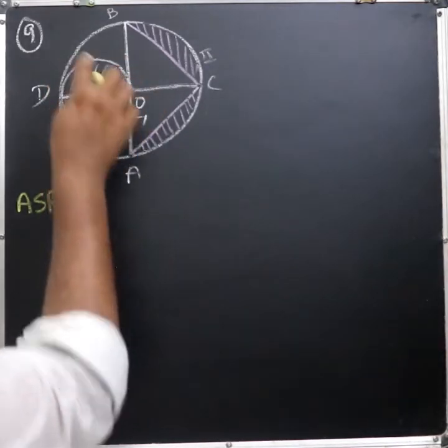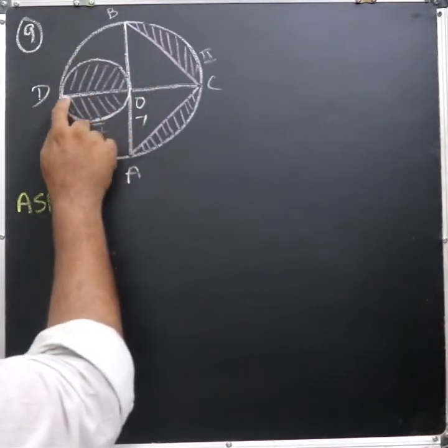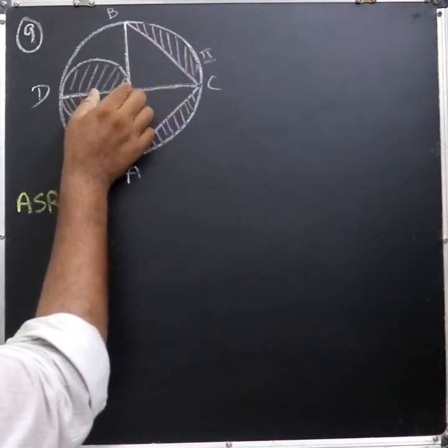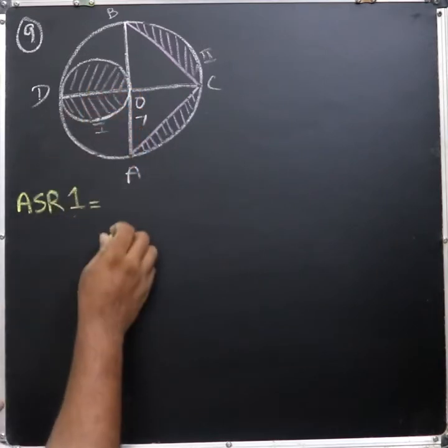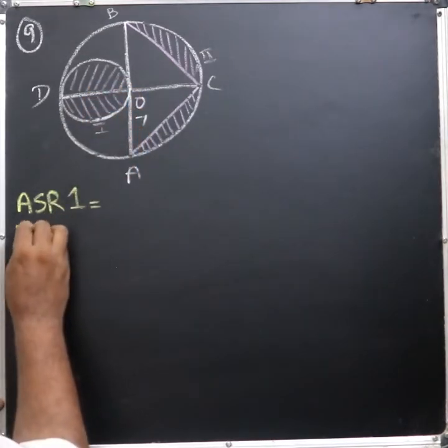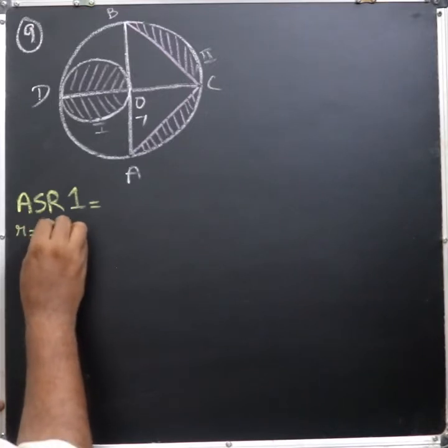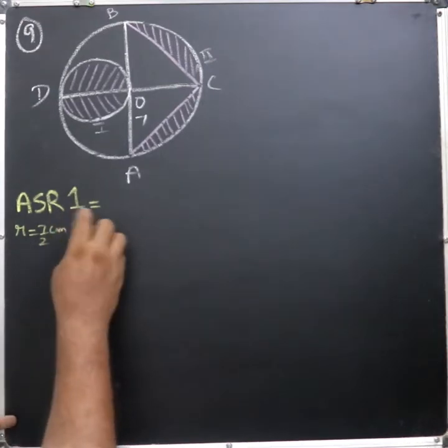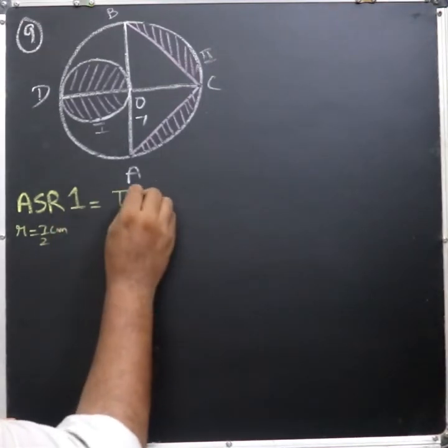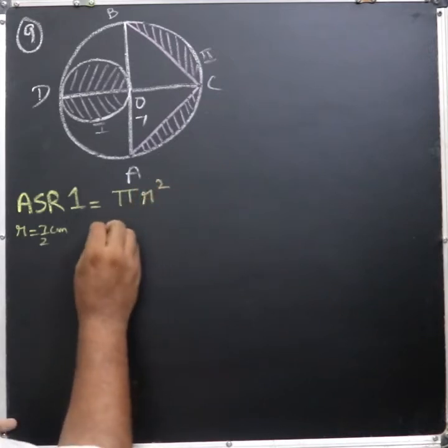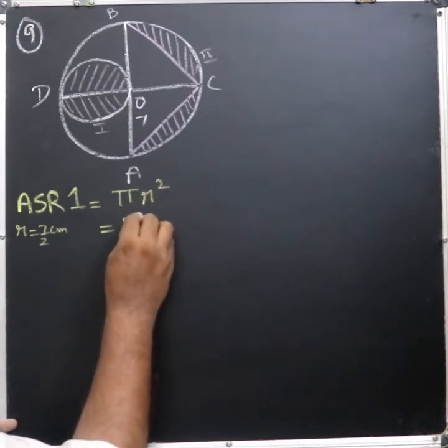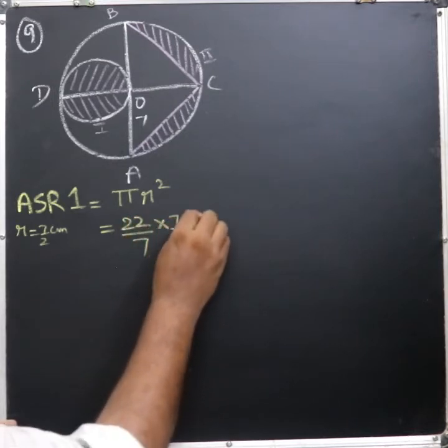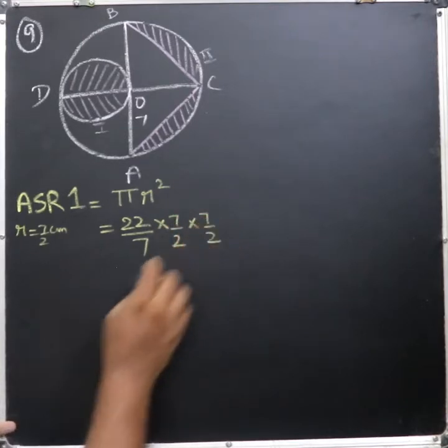It is in the shape of a circle. Now the diameter is 7 centimeter because the bigger circle's radius is 7, that is the diameter of the smaller circle. So the radius is going to be 7 by 2 centimeter. Now the entire circle is shaded, so the formula to find this area is pi r square. When you substitute, you are going to have 22 by 7 into 7 by 2 into 7 by 2. That is,